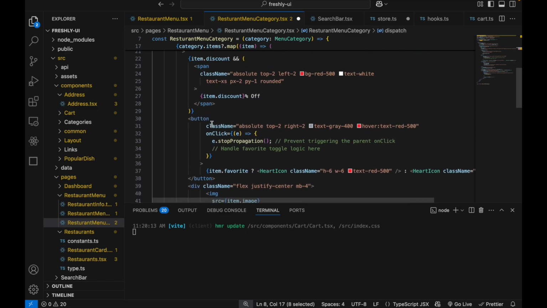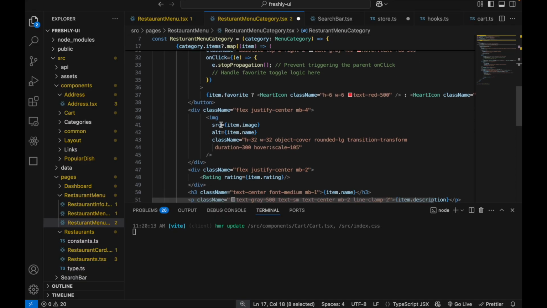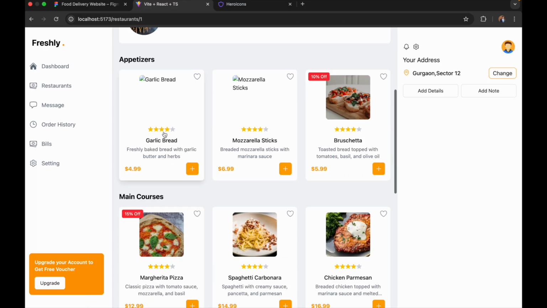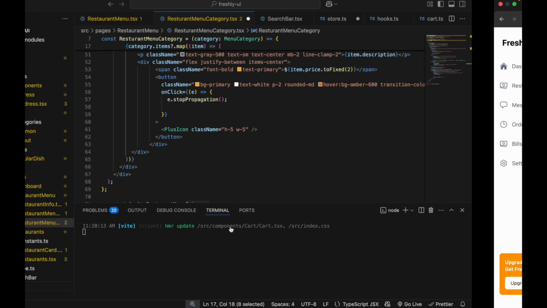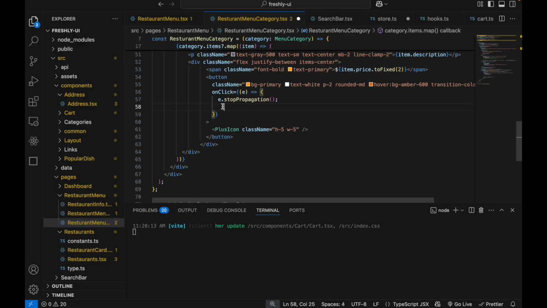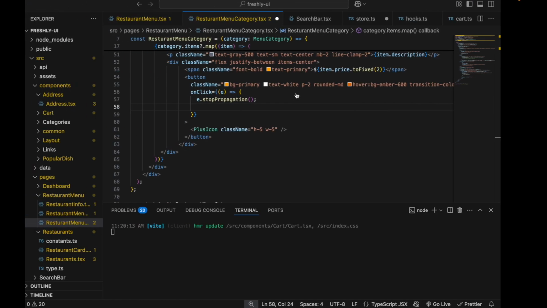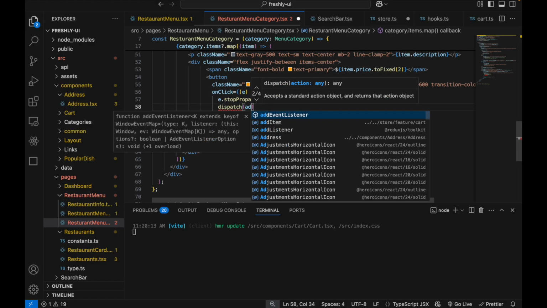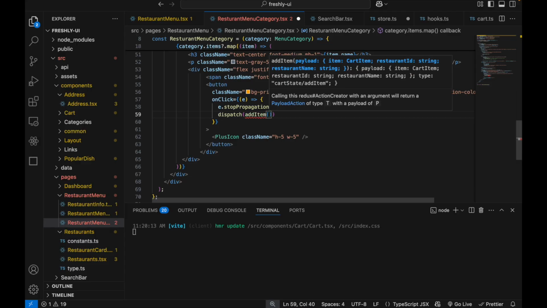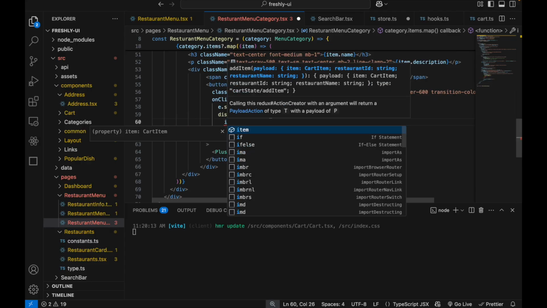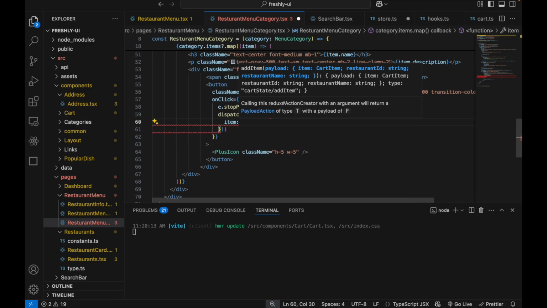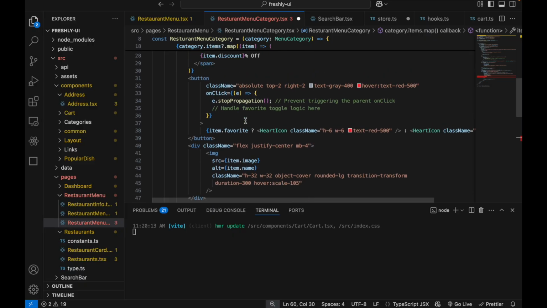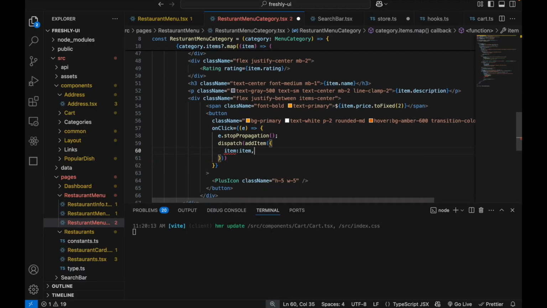We are displaying all that category items, right? In the category items we have the food items in the restaurant, right? So on click of this button, we will add that into the cart. For that, let's do dispatch addItem. Now in the addItem, we need to send the item, right? The item that we need to send here is the same item, and we need to